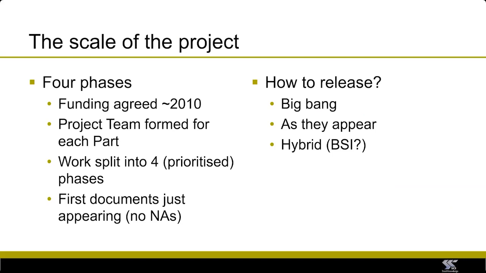I'm going to talk about that on my next slide, but one thing that hasn't yet appeared is the national annexes. So even though those documents have appeared, you can't use them because there are no national annexes. And BSI will have to publish those national annexes before you would know what to do about various gamma factors or so-called nationally determined parameters. And then the fact that that whole program was dragged out, or not dragged out, inevitably took a number of years,